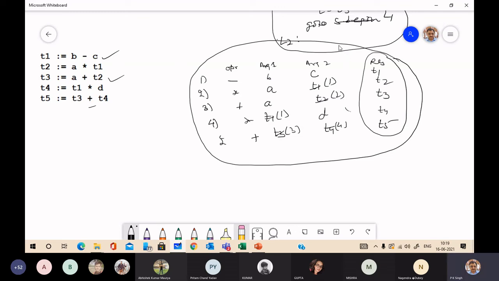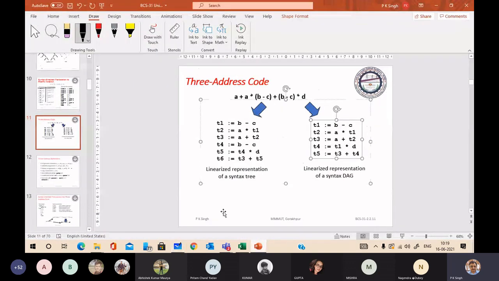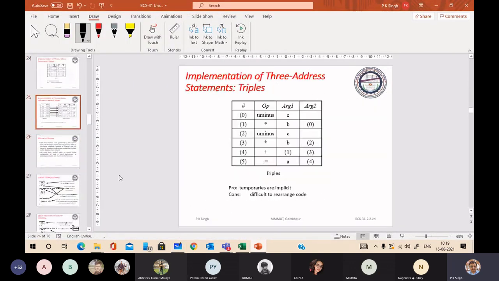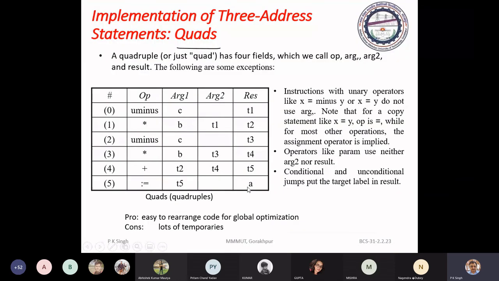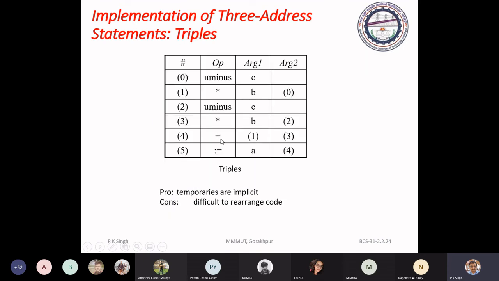So this means we can save memory with triples. Just see, this is quadruple. Now this is triple.